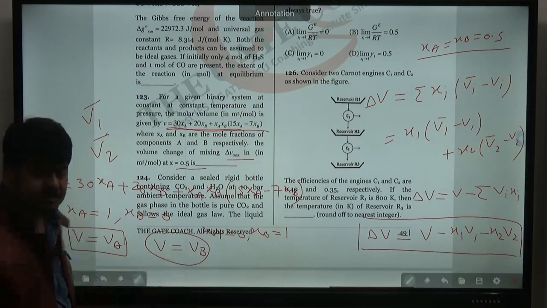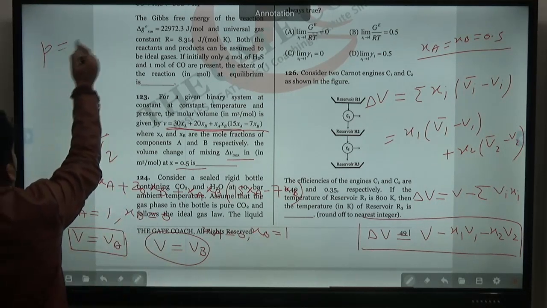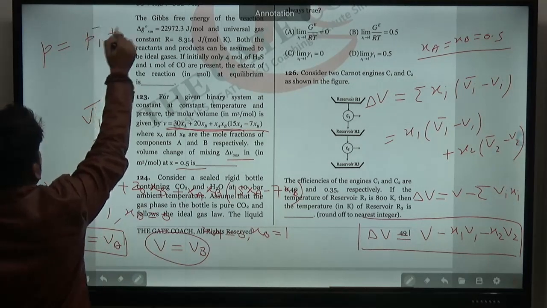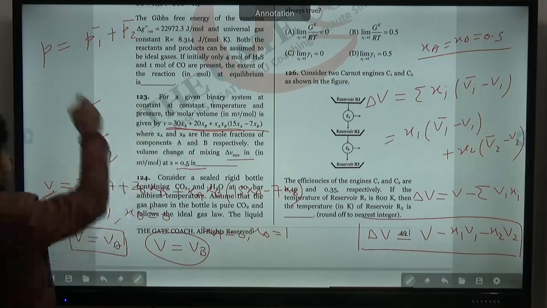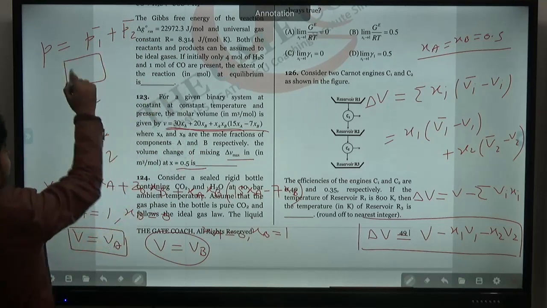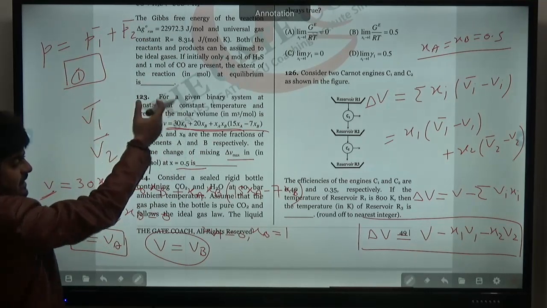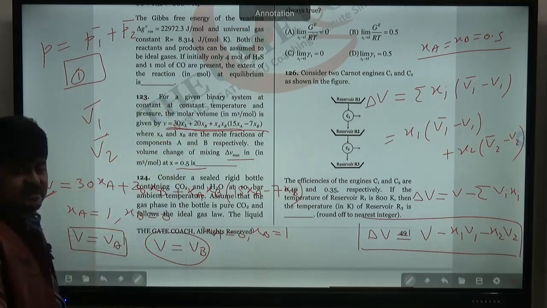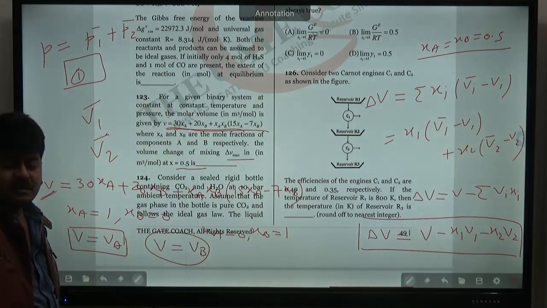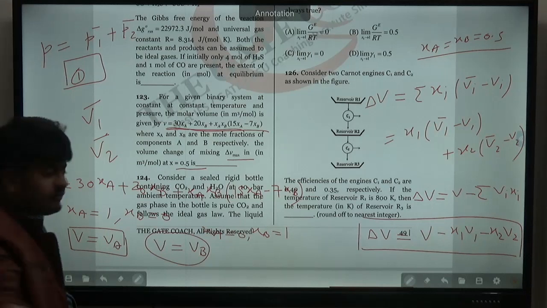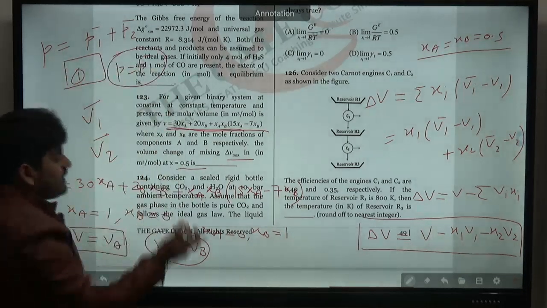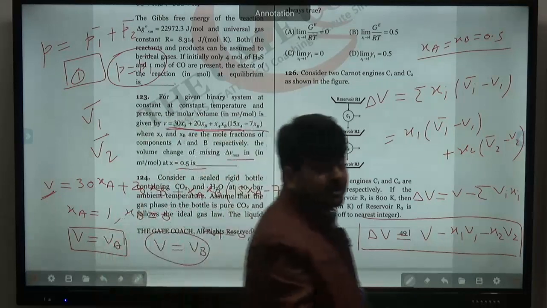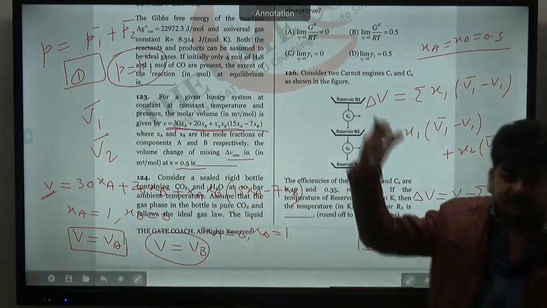So this is a logic which we apply just like the partial pressure. In a system we know that total pressure is the summation of partial pressures, P1 bar plus P2 bar. If I want to calculate P1 bar only, what do I do? In the container I remove all the components, only component 1 remains. If I am removing all the other components, that means x2, y2, x3, all these values I am putting 0, and x1 will be equal to 1. So this P will become equal to P1 bar mathematically. That's how we used to calculate the partial pressures.